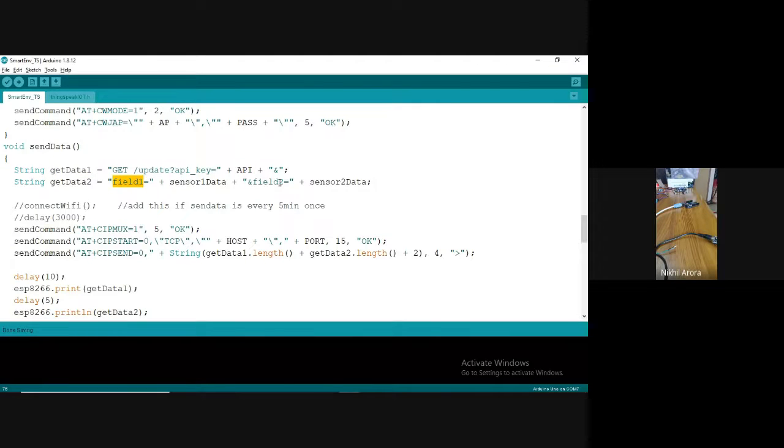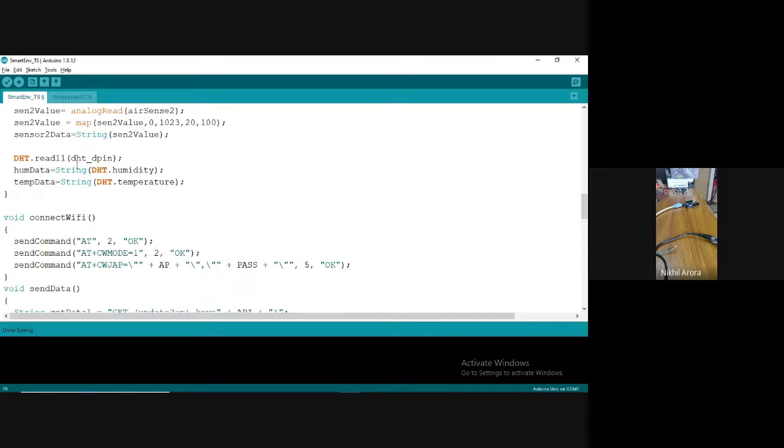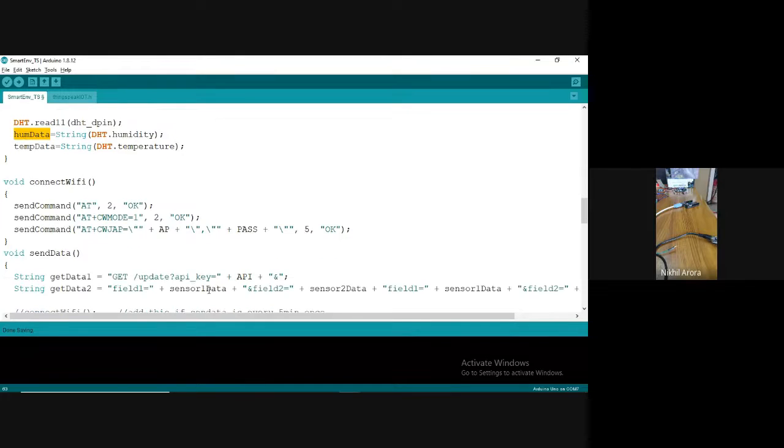Then field 1 is sensor 1 data, field 2 is sensor 2 data. Then I have more, no, field 3, field 4, correct? Opposite. Field 1 is actually humidity in my case. So this has to be repeated again. Control V. Okay. Now field 1 is humidity data. Field 2 is temperature data, correct?